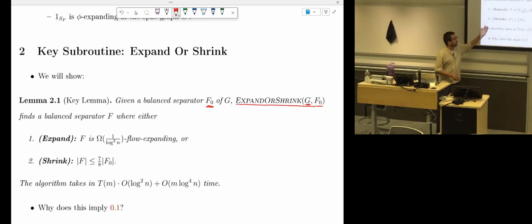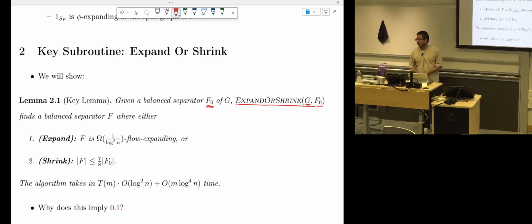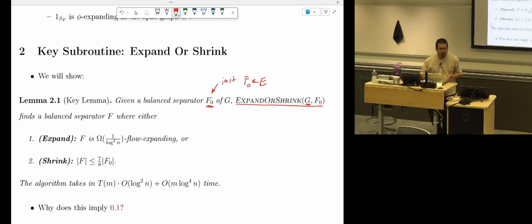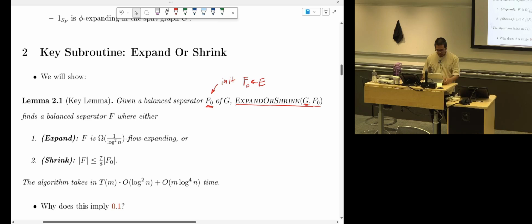And if we can do this, then we can get the balance separator just by applying this again and again when you initialize F0 with E, with the whole A set. Okay, so now to solve this one,